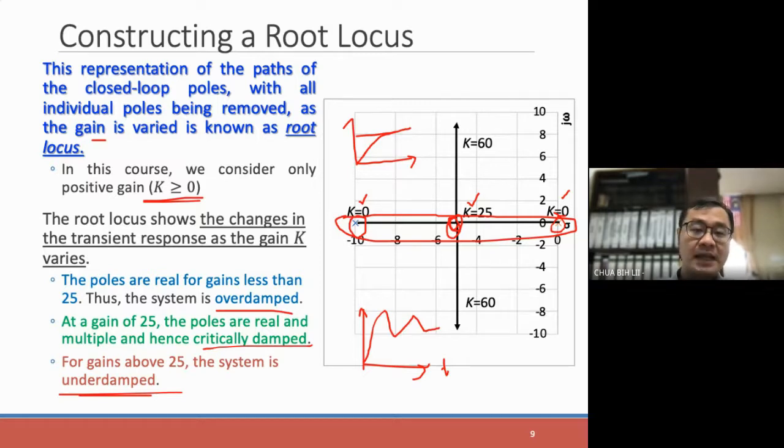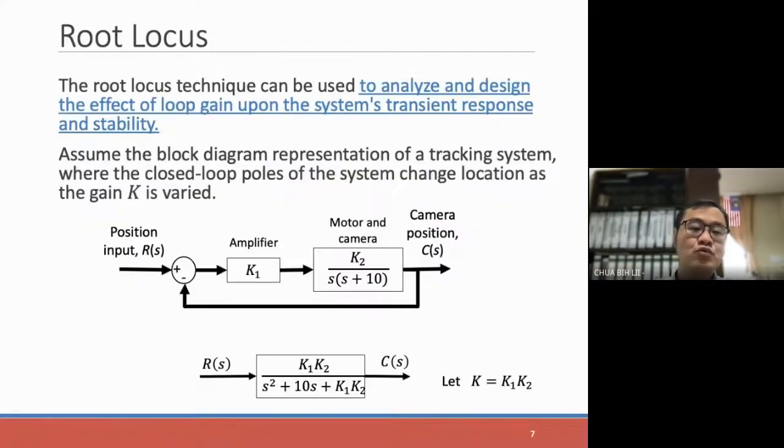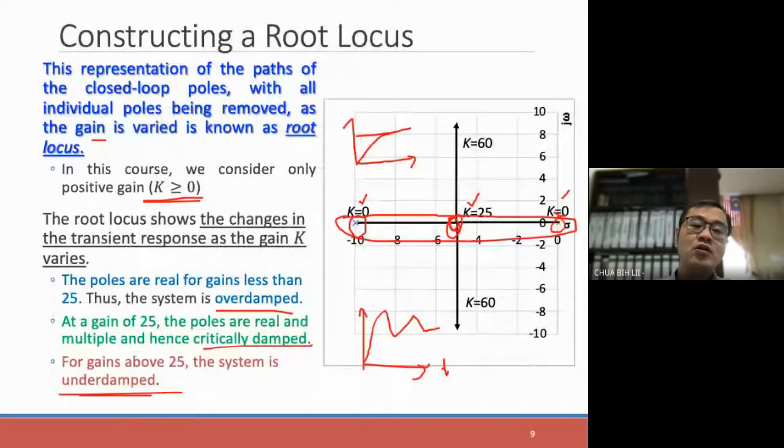So if your intention is to design a system to position the cameras, you may not want the camera to zoom in, zoom out, zoom in, zoom out, or move left, right. So you may not want this. The best possible solution would be the fastest to reach the steady state value. So immediately from this analysis, you know that when you set the K value equal to 25, it will be the fastest and the best